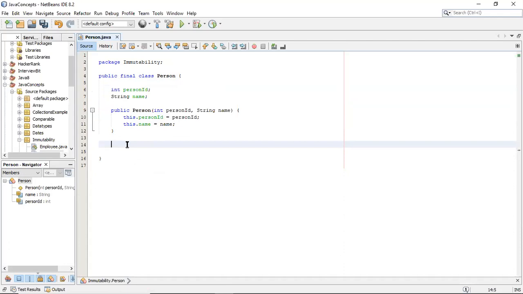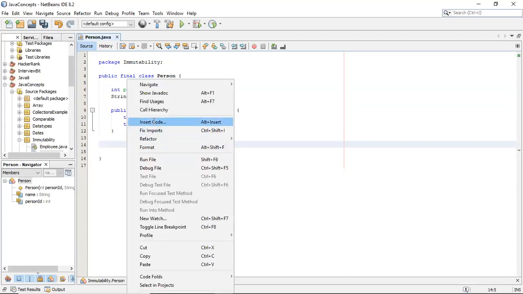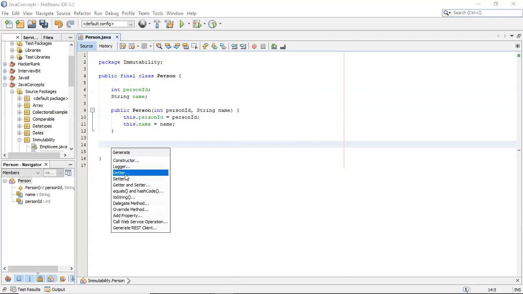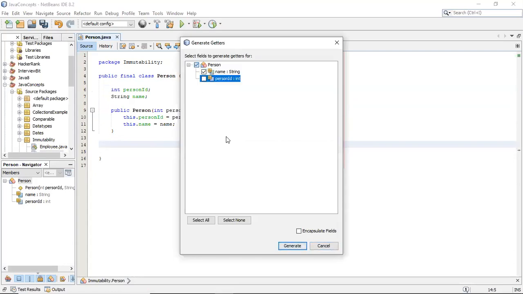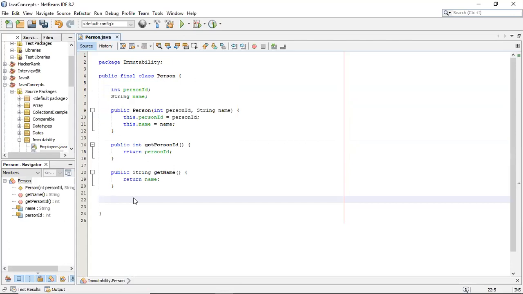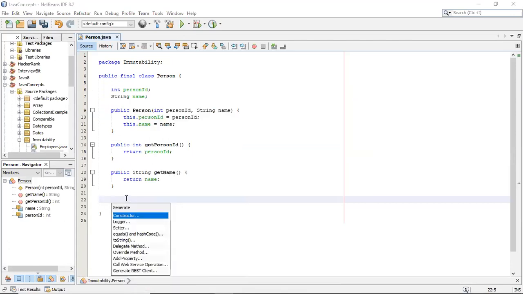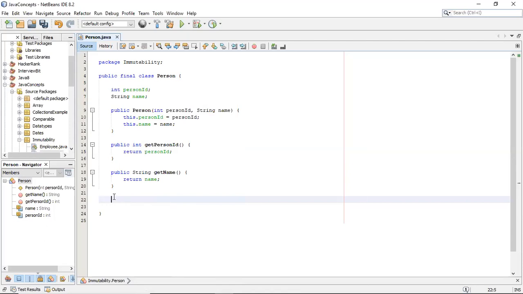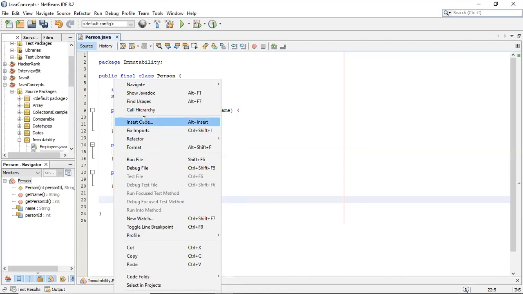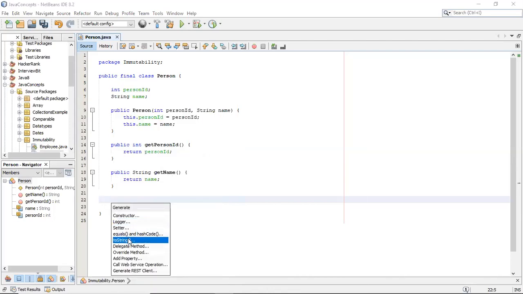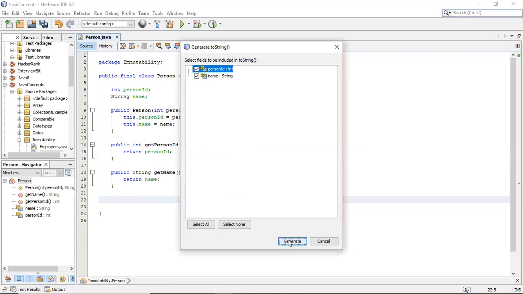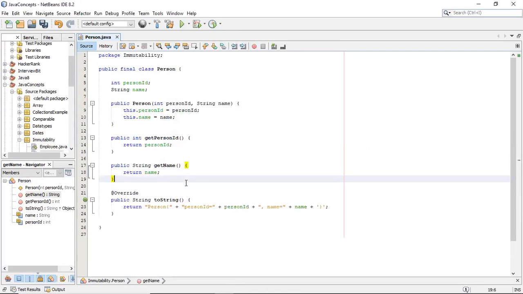Now let's see what we are supposed to do after this, friends. Now we are going to have some getters also to get the value of these fields. So these are the getters, but please keep in mind that I am not creating any setters, right? Because if I create any setter, then my immutable class objects will be able to change. Along with that, I am going to override toString also to display the answer and everything.